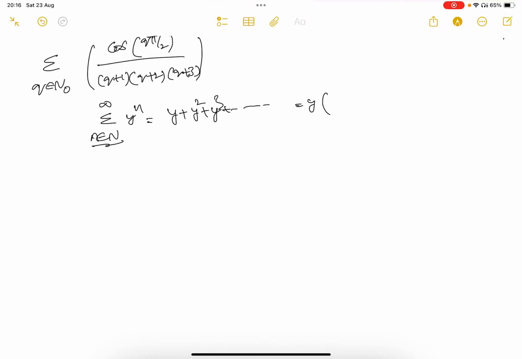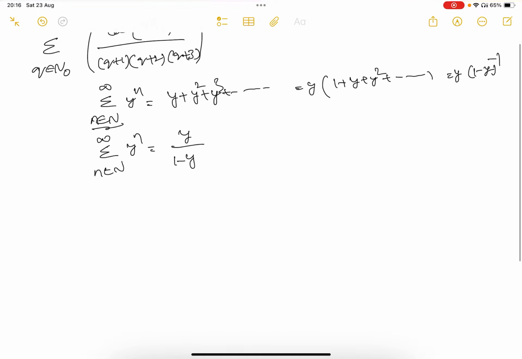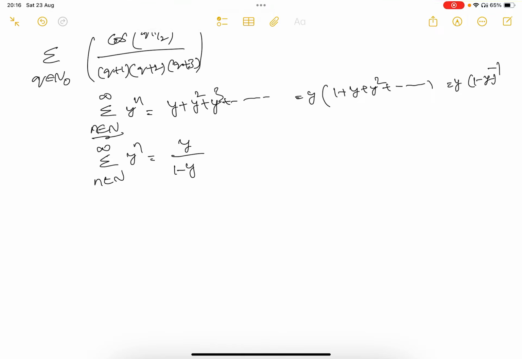If you take y as common here, it will be 1 plus y plus y square plus and so on, which can be written as y into (1 minus y) whole power minus 1, right? Which is summation n belongs to n to infinity y power n can be written as y by 1 minus y, right? Now similarly,